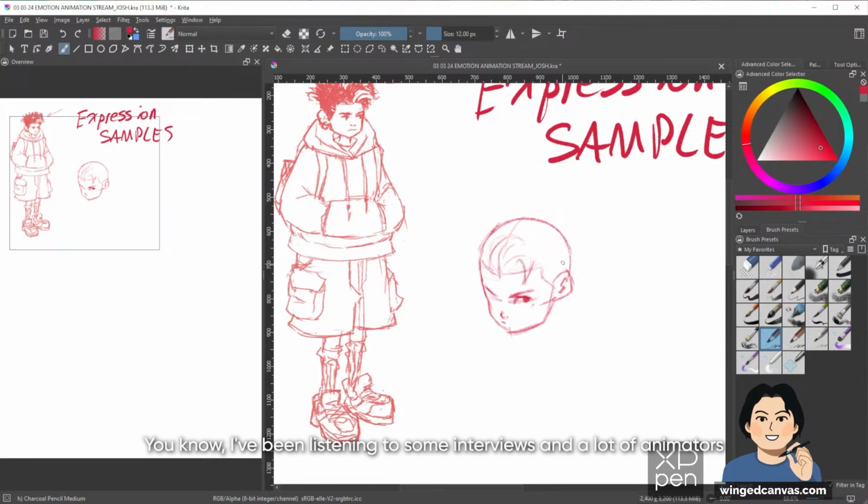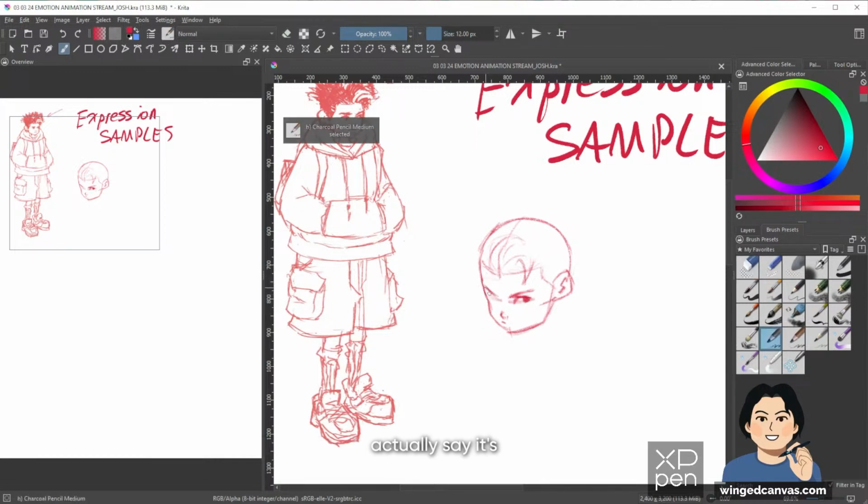You know, I've been listening to some interviews, and a lot of animators actually say it's all in the eyebrows. Or I shouldn't say it's all in the eyebrows, but eyebrows play a big role in how you read the face. You might not do too much with the eyes and the mouth, but if you really push the eyebrows, you can get away with quite a lot.